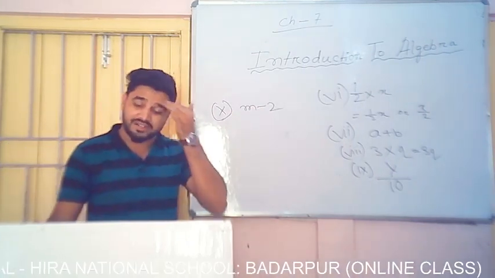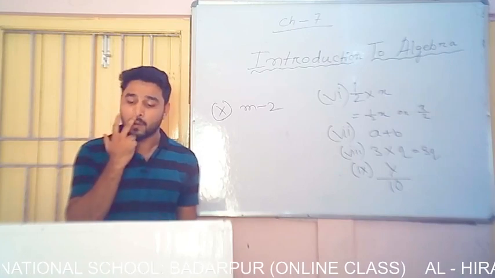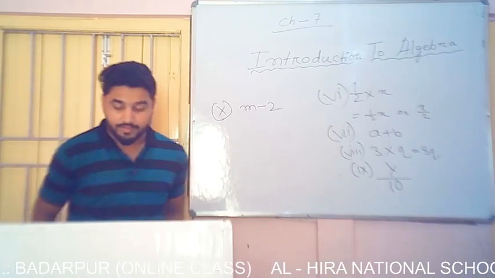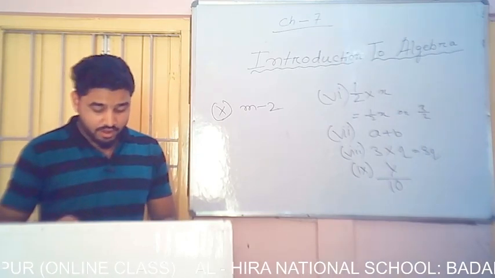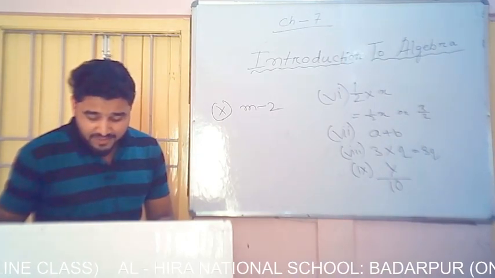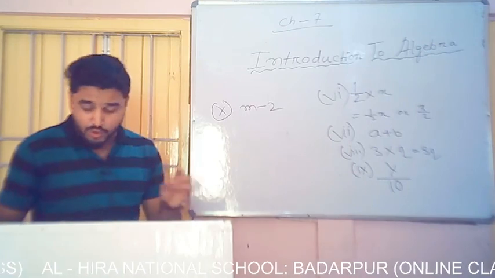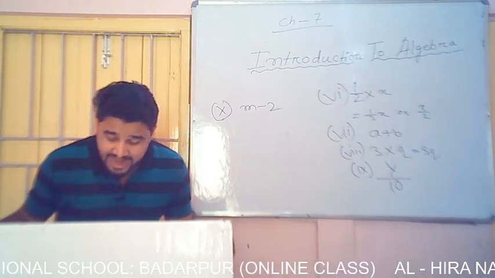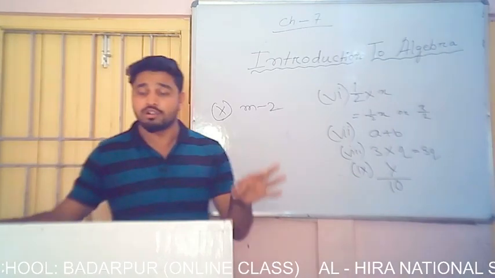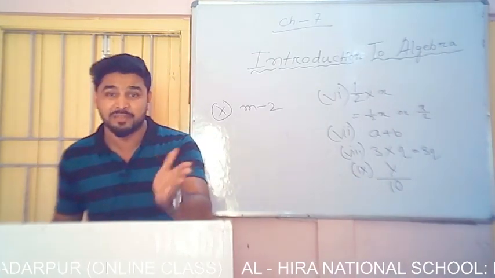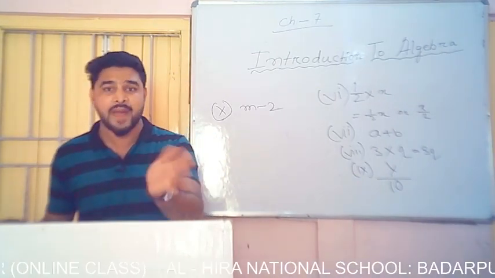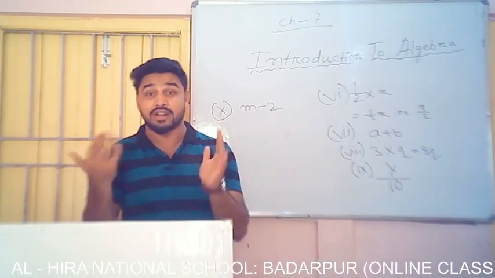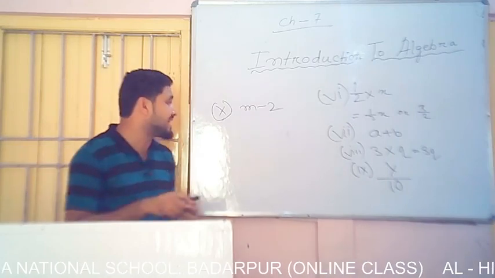Now come to question number 6. These questions are the same. So you see question number 1, express the verbal expression as an algebraic expression. Question number 1 is 5 more than 3 times p. From the question you can see 5 more than means plus, and 3 times p, times means multiplication. So we can write 5 plus 3 into p.